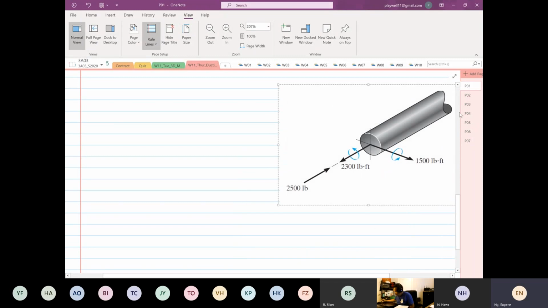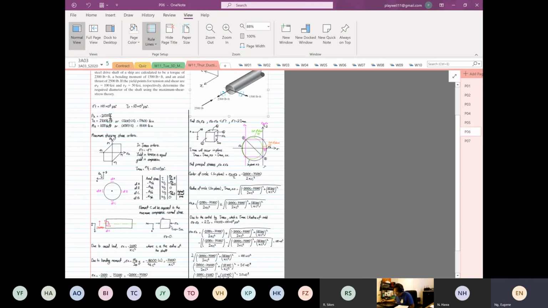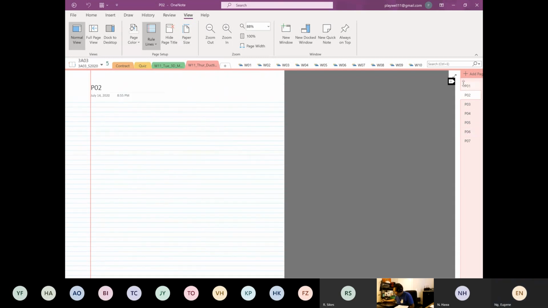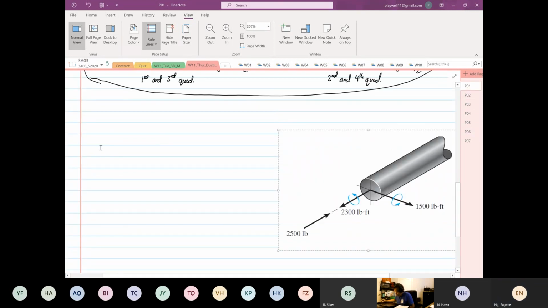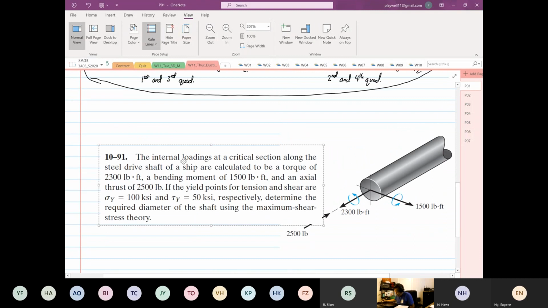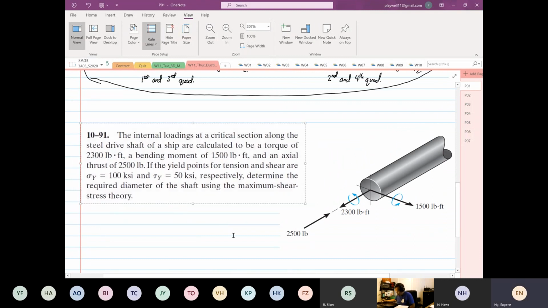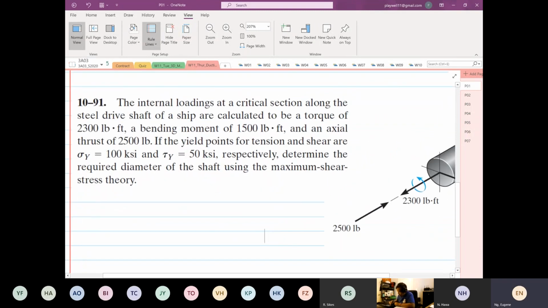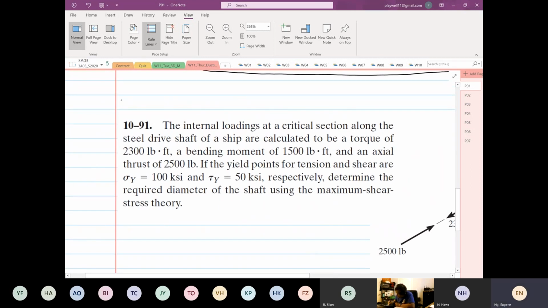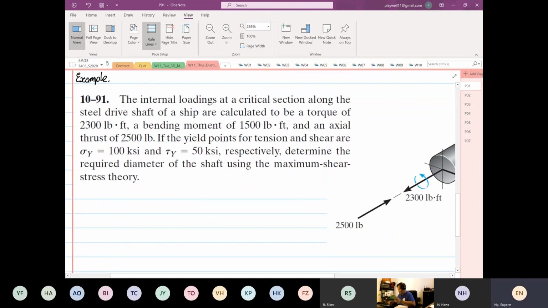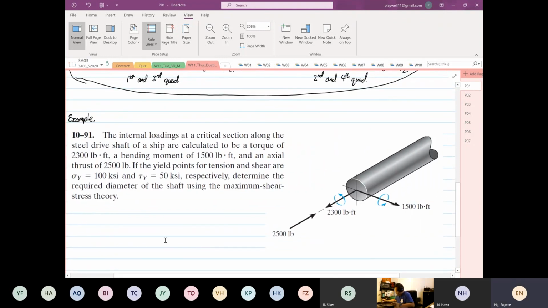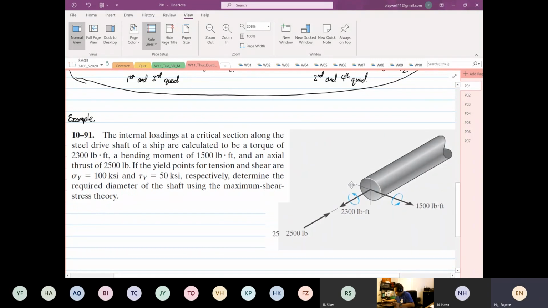So we are looking at this shaft now, and this shaft has compound loading. Okay, so this is our example number 1. And there's a lot of things that you need to interpret from the question. Okay. The loading is easy. As I said, the loading is easy. So what you can see over here